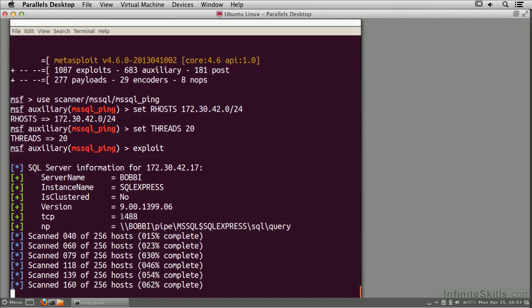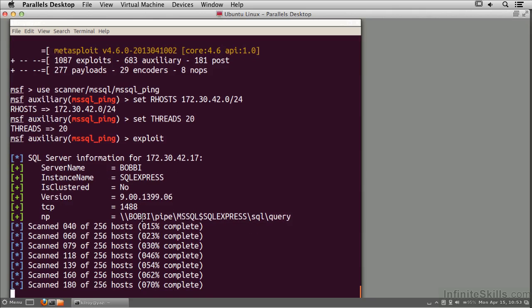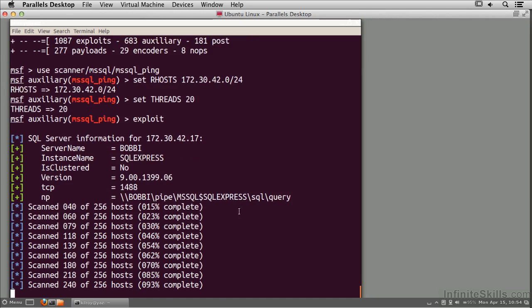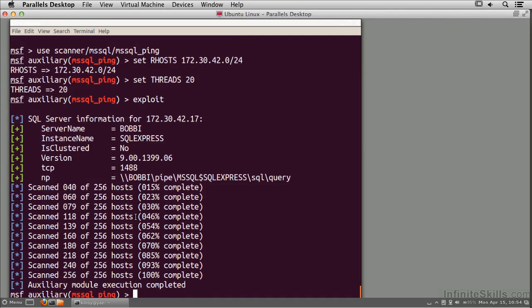And you can see it's actually listening on TCP 1488. So we've got a port that's open. We did find a version number. And it looks like there's a named pipe as well. Just about done with the scan. And now what we can do is we could actually use scanner MSSQL